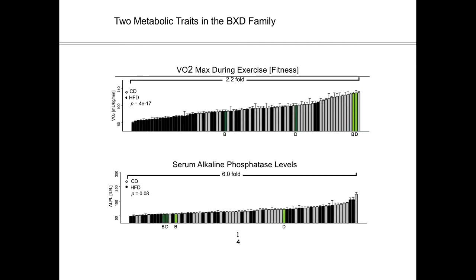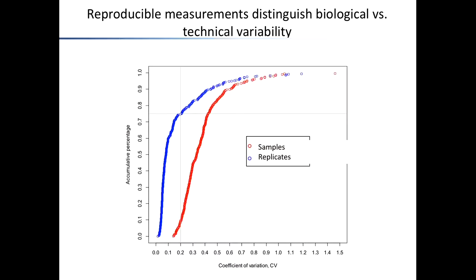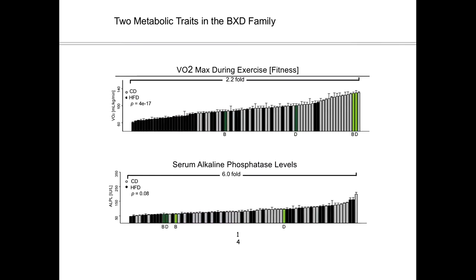So now this immediately points to a very complex relationship between the locus, the allele at the specific locus, and this phenotype. And now if you want to investigate this, coming back to this topic of reproducible research results, we need to be able to distinguish between biological variability and technical variability. So these are not necessarily very big differences here between the strains. And if you would like to do something like quantitative trait locus mapping, we need to confidently say that this mouse here has a value that is different from this mouse here. Otherwise, if they are within the experimental noise, we of course cannot see any signal,